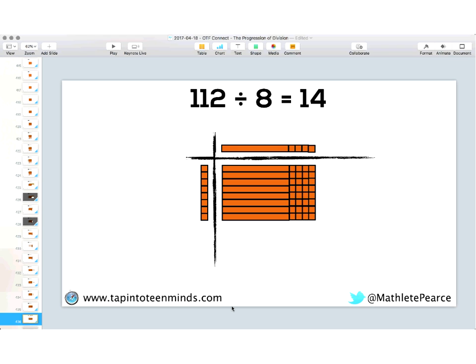And for me, the reason I think it's so important is because all the way into grade 10, and I'm going to show you an example of this later, when we factor in algebra, you are ultimately doing what we just did, but it's actually easier in grade 10. But the grade 10s find it very difficult. And the reason why is because they really don't have a good understanding of what division really is.